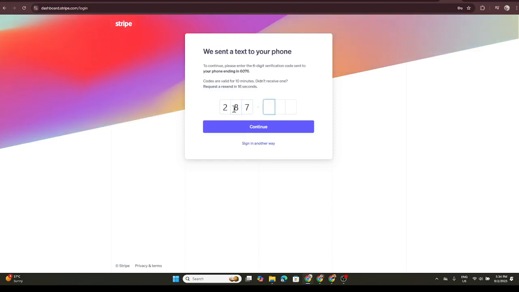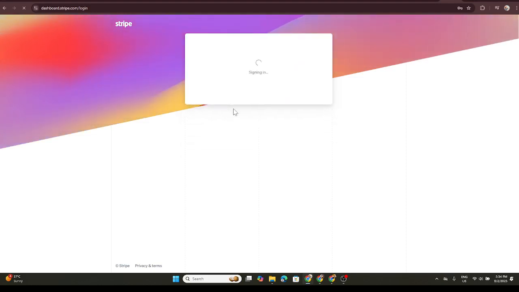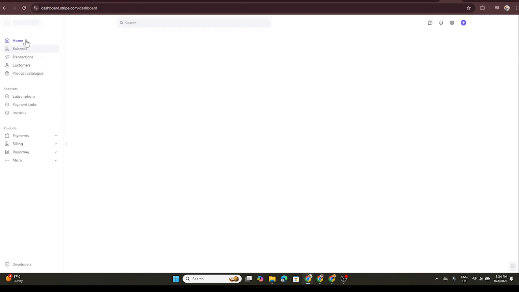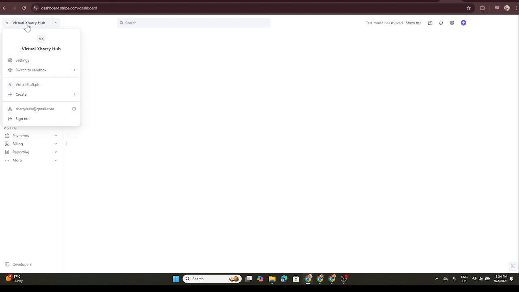When you're ready to sign out, perhaps at the end of your session for security reasons, you can easily do so by navigating to your profile. You'll typically find this option in the upper right corner of the dashboard. Clicking your profile icon will reveal a drop-down menu. Simply select Sign Out from the list. This ensures your session is properly closed and secures your account from unauthorized access if you're on a shared or